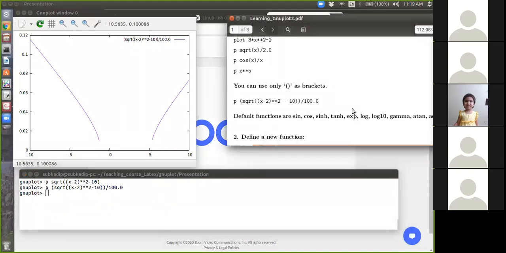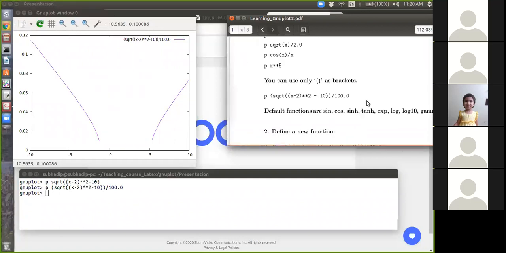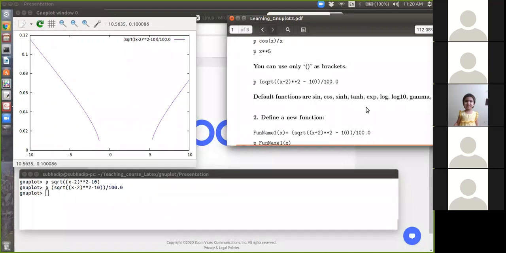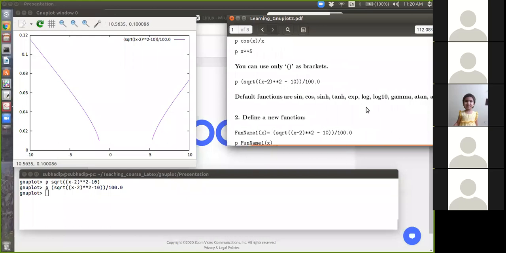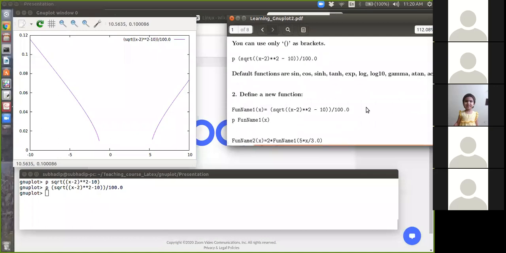This log will give you the natural base e log, but this log10 function will give you log with base 10. There are many more: gamma, tan inverse is atan, acos hyperbolic, many things are there. You can find many more on the internet if you search the default functions of GNUplot. Bessel's function and many other complicated functions are there.